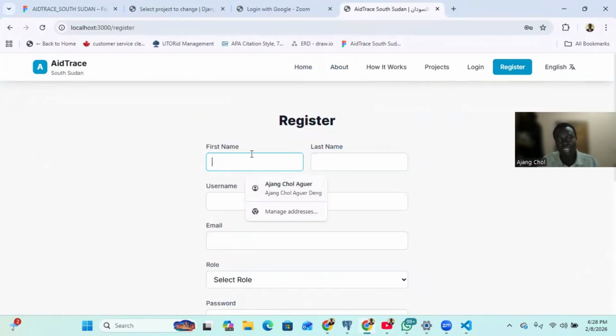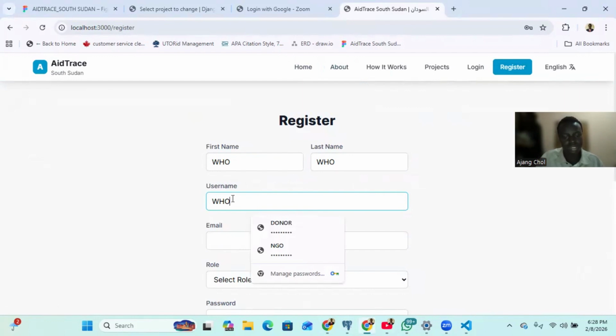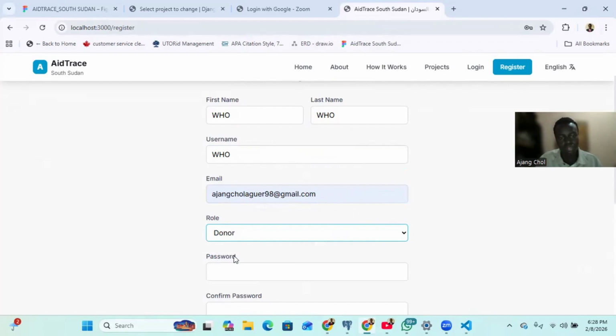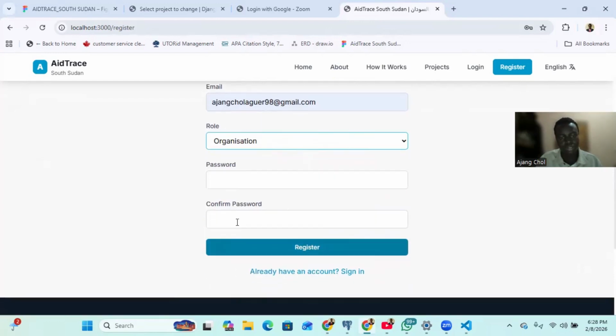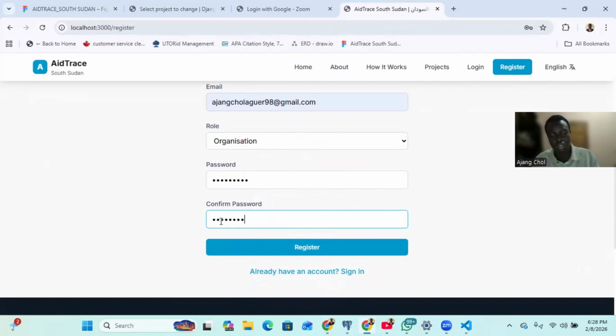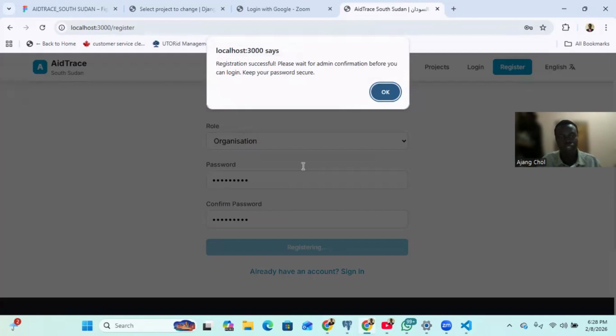So let me just create a user, like an NGO organization. Let me just say who. For the sake of time, let me just use the same name for testing. So I'm going to just put my email. Let me just be NGO. So yeah, it shows that registration is successful, and for me to use the account, it needs to be first confirmed